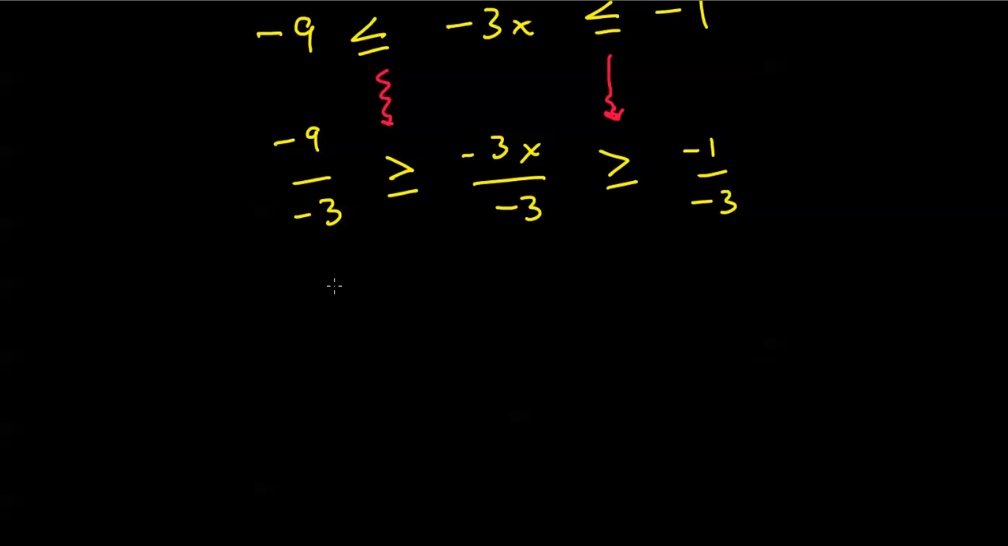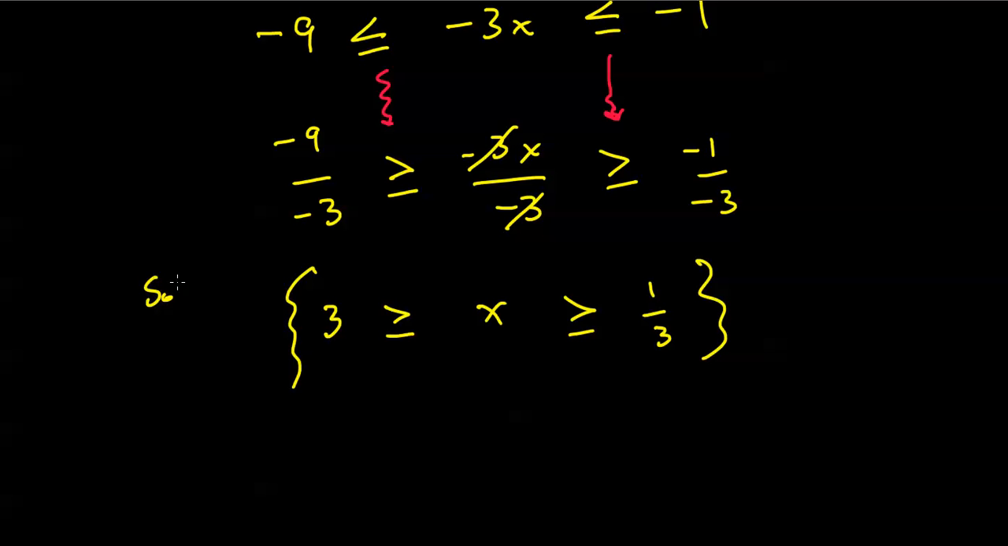Alright, let me clean this up now. -9 over -3 is, of course, +3. Is greater than or equal to, well, of course, in the middle, the -3's cancel out. That's what we wanted. Give me an x all alone in between, which is in turn greater than or equal to 1/3. So 3 is greater than or equal to x, which is in turn greater than or equal to 1/3. This is my double-sided solution set,